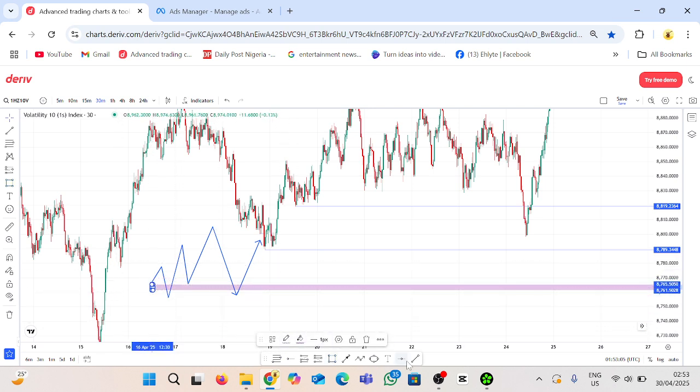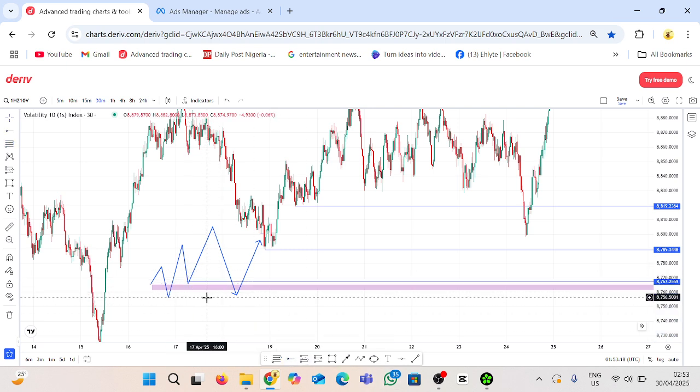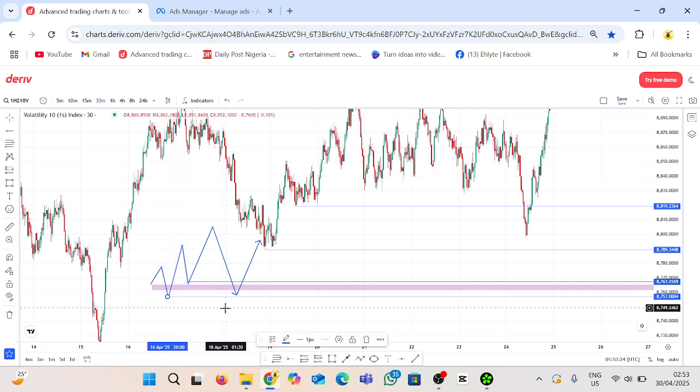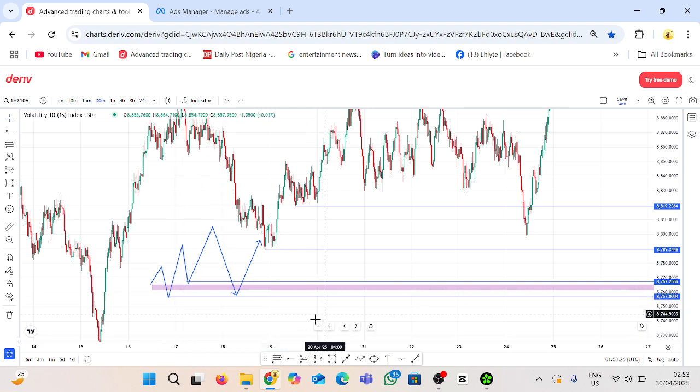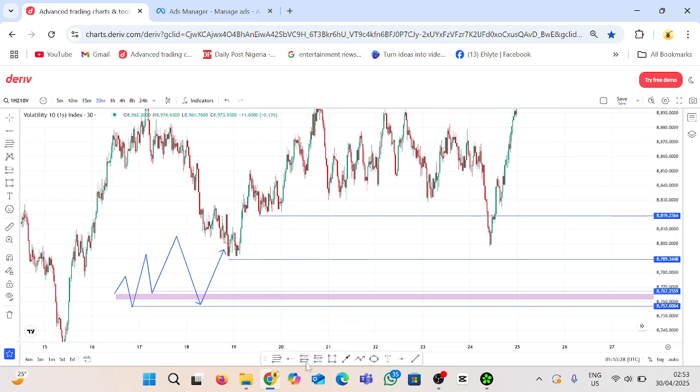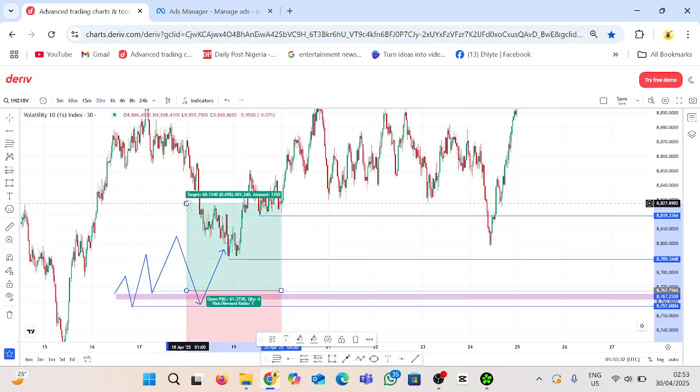So it is very simple. That is why you have to have a very simple trading system, because the simpler it is, the more money you make. You don't have to fill your trading with a lot of indicators. I don't say that indicators are not good, but if you want to enjoy trading, make the system simple. Make it very simple by yourself. You have to watch this video over and over again to get a clearer explanation of what I'm saying.